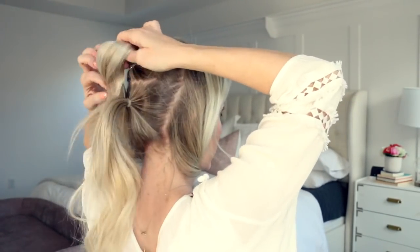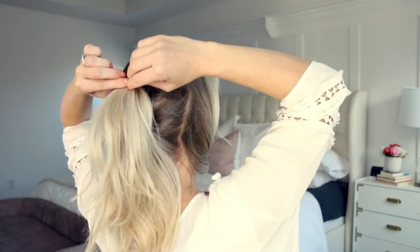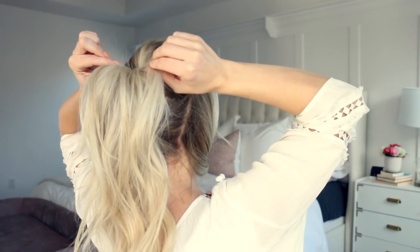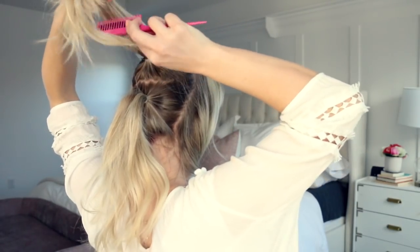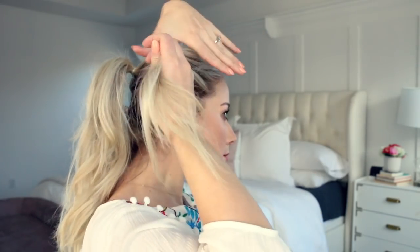Now pay attention right here, you're going to pinch a small section on each side and cinch the ponytail up. You're going to notice that the ponytail will lift a little bit and you'll get this really nice perky shape. Then we're going to tease that section and go ahead and use as much hairspray or texture spray as you need. And then we're just going to release the front two sections that we left out earlier and finish this